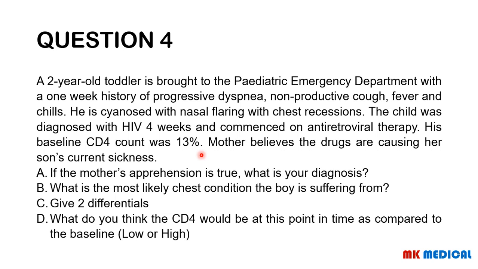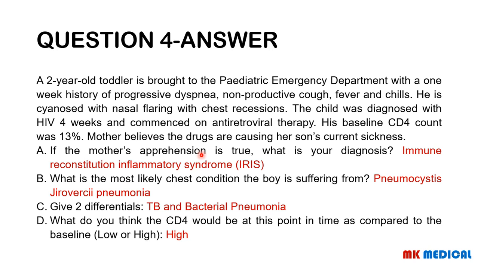So here comes the answer. So this is obviously immune reconstitution syndrome. Remember that IRIS is a complication where you start someone on treatment of usually an opportunistic infection, or you give them your ART, your antiretroviral treatment, and then their immune system gets better. Then it starts now attacking these opportunistic infections that were hidden, so it starts unmasking them. Or indeed, you may even diagnose a new opportunistic infection. So this person has immune reconstitution syndrome, or IRIS.